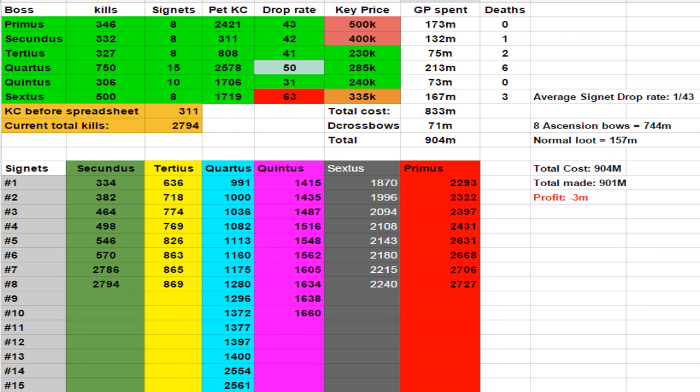Sextus had the worst drop rate out of all 6, with a drop rate of 1 in 63 for signets. The best one being Quintus with a drop rate of 1 in 31. And then Quartus being quite bad towards the end, because I went quite lucky with Quartus in the beginning, but later on I did go dry for signets as well, which I didn't really need because I had enough anyways. But as you can see, total cost was about 904 million, including the 8 dragon crossbows in order to